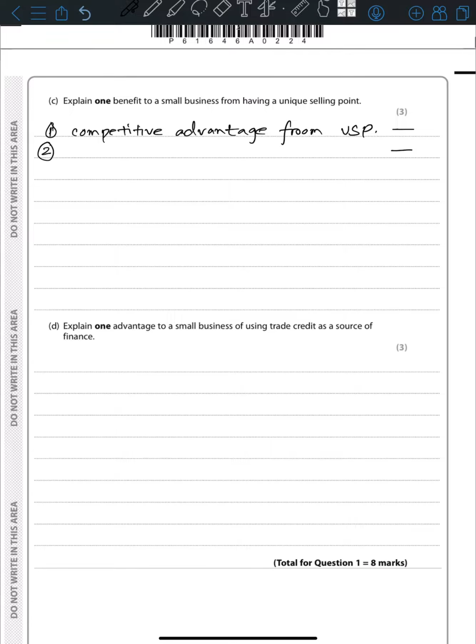So our second point can be allows charging of premium price